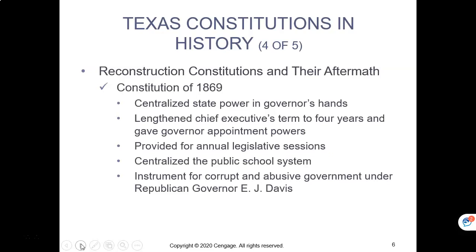E.J. Davis had lived in Texas. He did not believe in secession, and he was not a slave owner. And he went and fought with the Union. So he came back home after the war was over. He had not served in the Confederacy. He hadn't held office in the Confederacy. He was definitely qualified under the Constitution to serve. But E.J. Davis detested